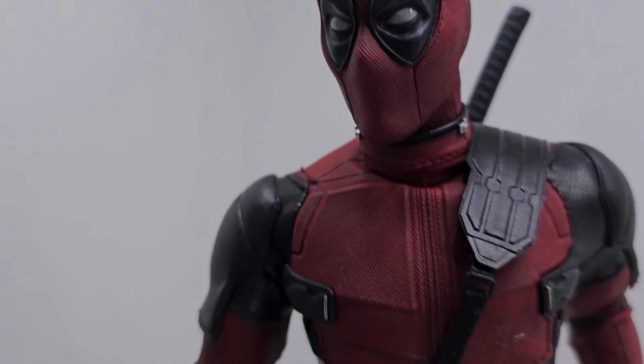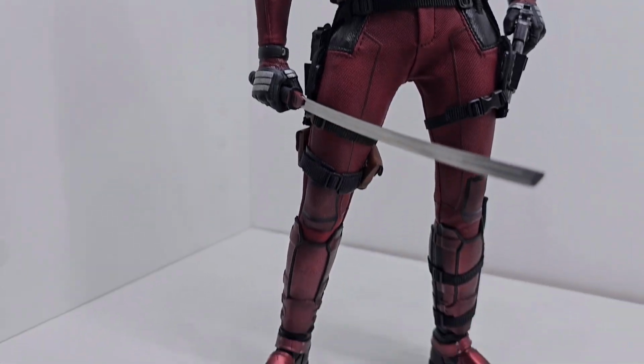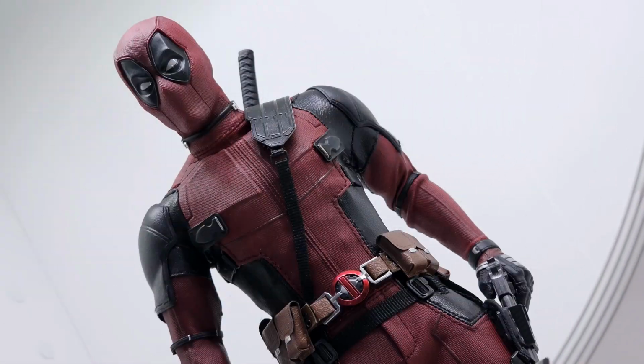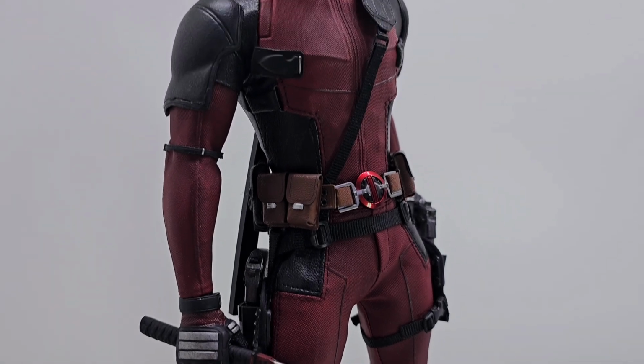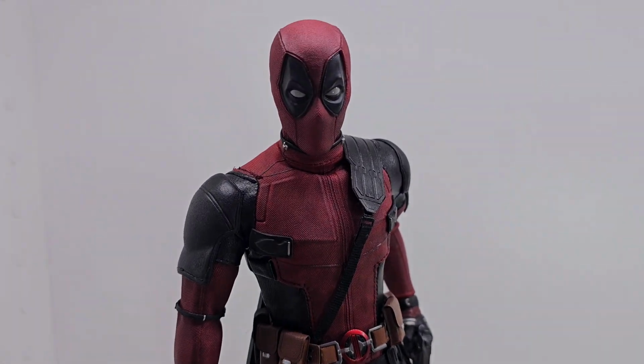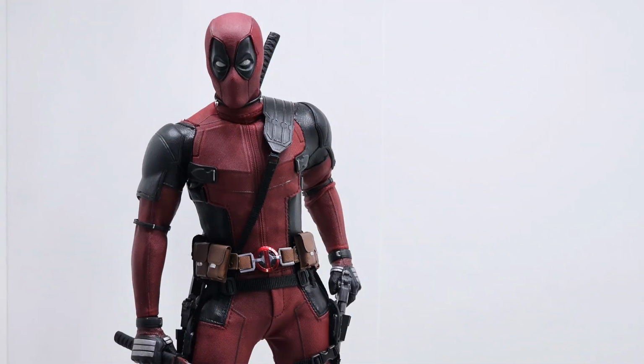Deadpool 3's around the corner, and while I love this Deadpool 2 suit, the amount of accessories this guy comes with is amazing. All the different eyes and expressions you can get from him are so fun. I've seen some people say that they've had peeling issues with the suit. So far, knock on wood, I haven't had any with him, but it does look like